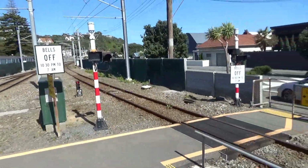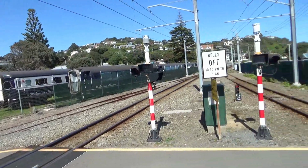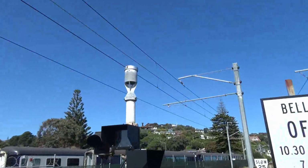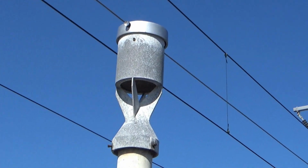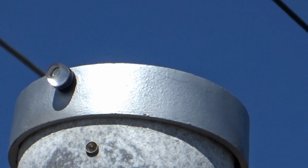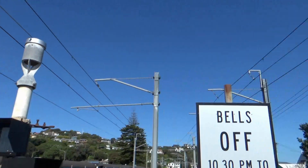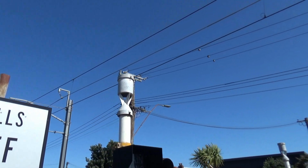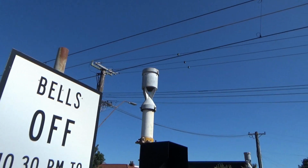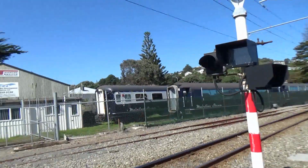And yeah, nothing has really changed visually since I was last here. I don't know if they've slowed down the E-bells or not. They look to me like they might possibly be the original bells, although the cap on this E-bell looks like it's been replaced. The bell looks original, but that looks like a new cap to me, the new style, because that's got the white LED on the bell, whereas the one on this side doesn't. It just has the bolt. Oh no, of course, the LED's on the other side because the train goes the other way. Moment of stupidity on my part. Anyway,